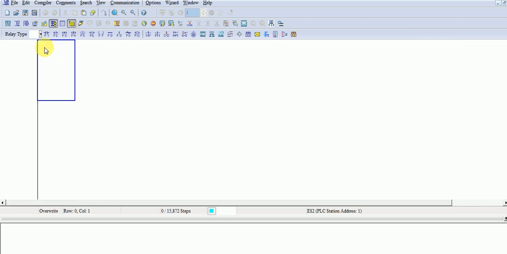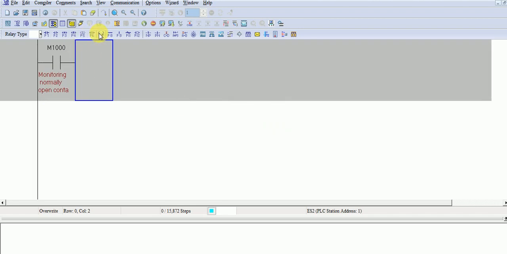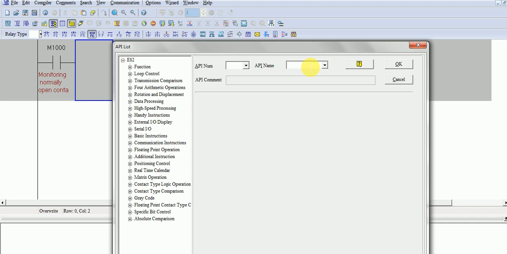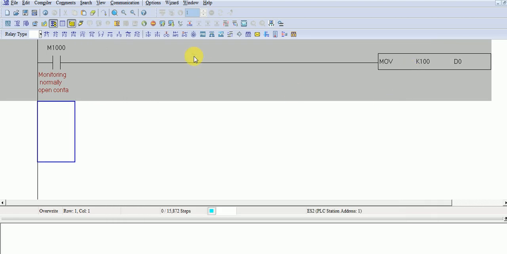Here I take M1000, and I will take the move command, with the K100 value, and D0.